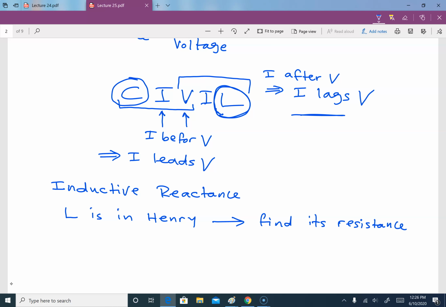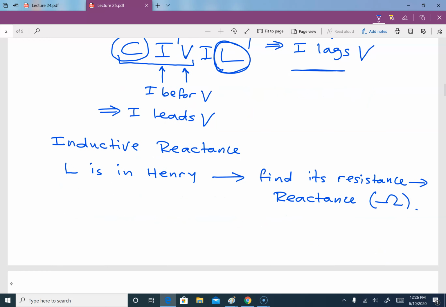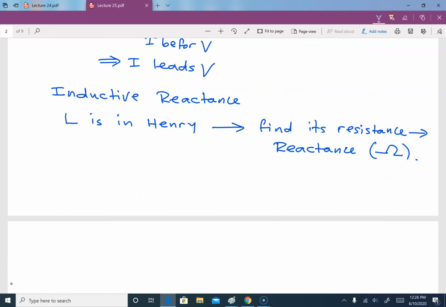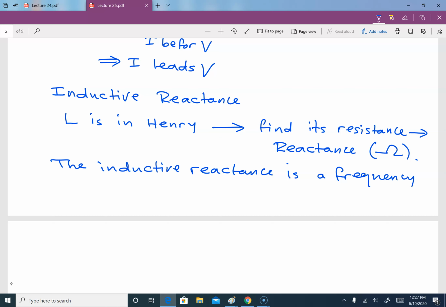Its resistance is called reactance, and that will be in ohm. So we can say the inductive reactance is a frequency dependent element